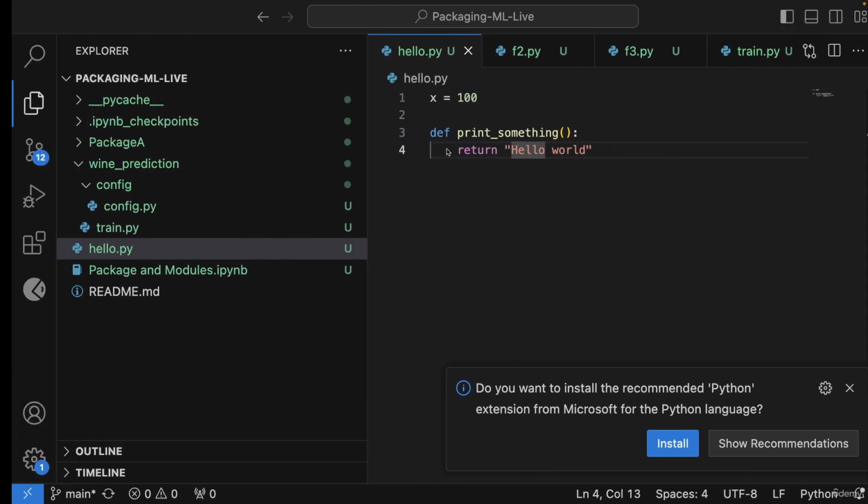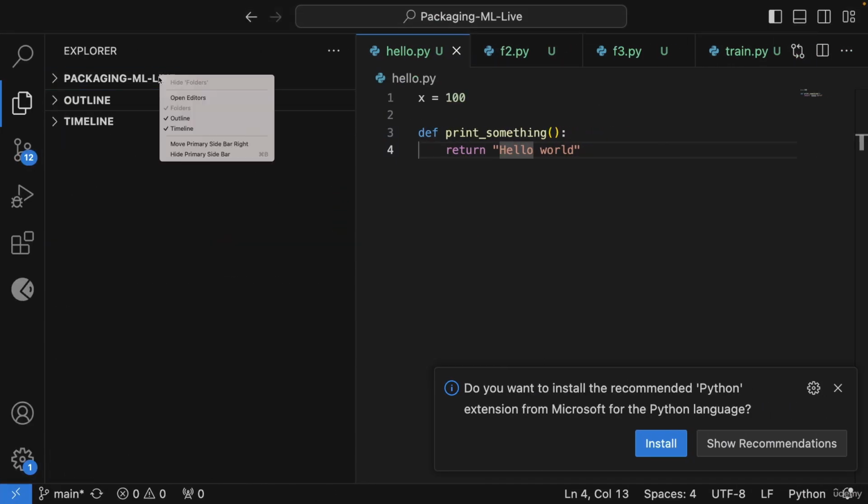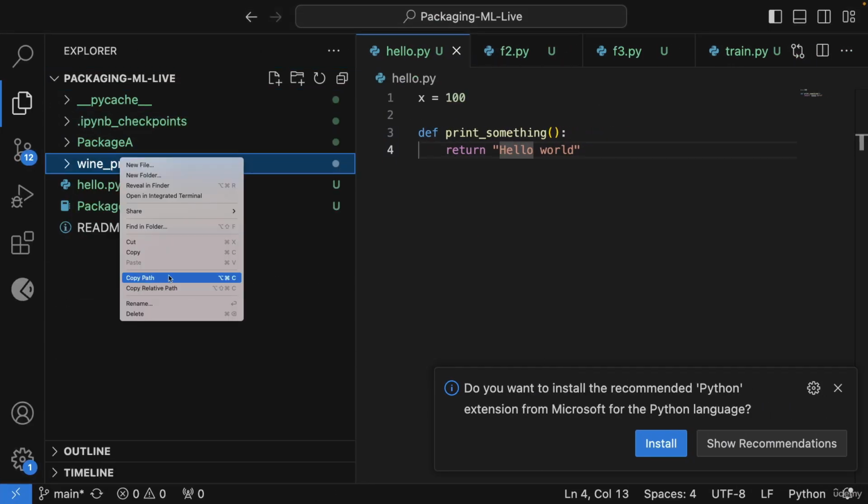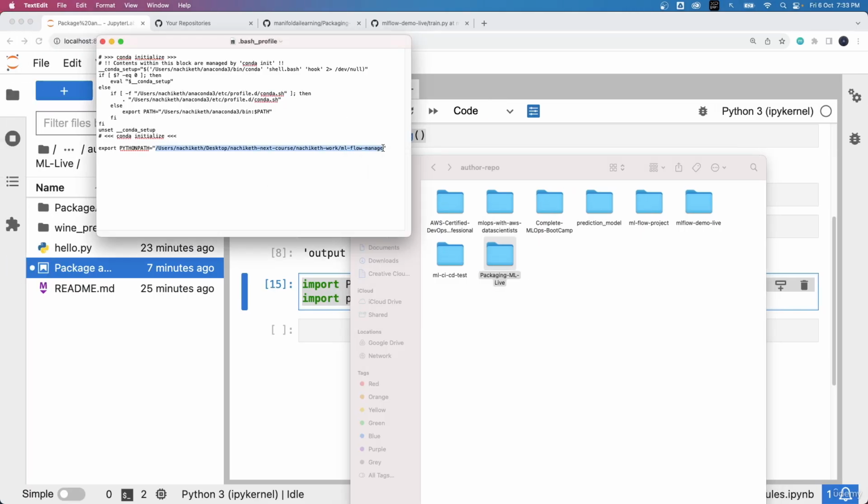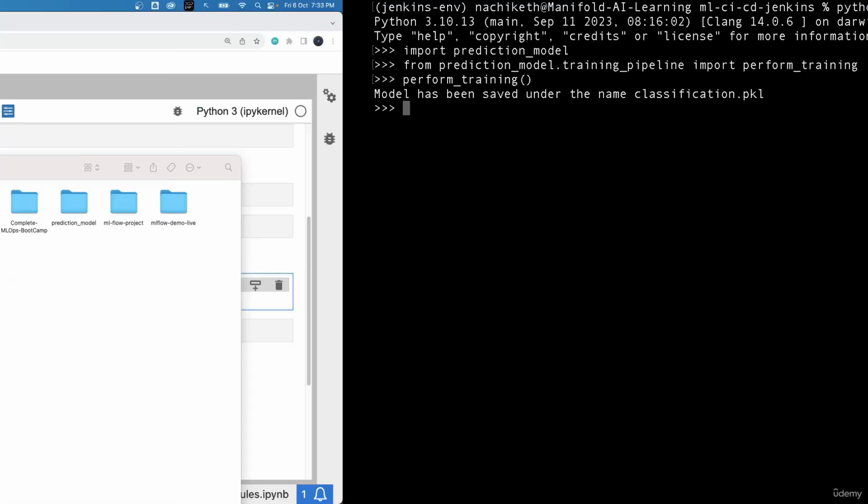So in order to get the same, let's see if it allows. I'll say copy path. I'll just add the same. Okay, so I'll just mention the high level folder path right here. Okay, just update it, and once you have done the update, I think we'll just have to go ahead and